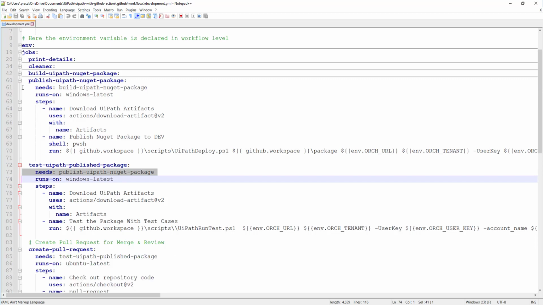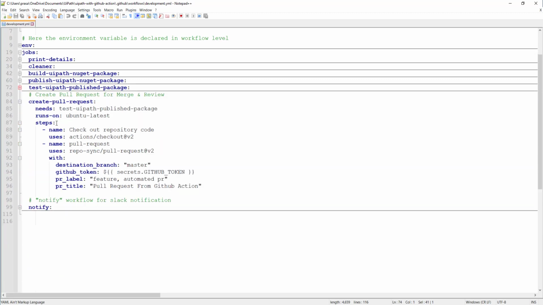Similarly, we have used another one, which is called create a pull request once test is successful. So once all of these are successful, only then will this create pull request be triggered. And here, again, we are running it on Linux because we don't need Ubuntu. All we need to do is merge the code which is in the development branch to the master branch.